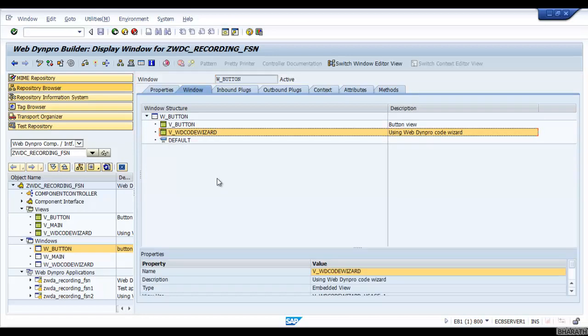So whenever you execute the WebDynpro application, under the interface view which is assigned to the application, whatever view has been made default, that particular screen design will appear in the application. Okay, so this is the other concept which I wanted to tell you. Okay, now we will go to v_code wizard.